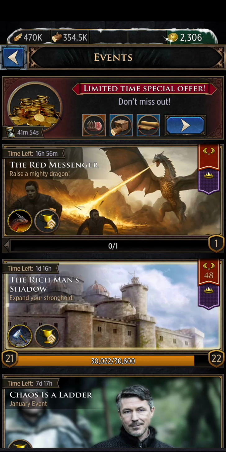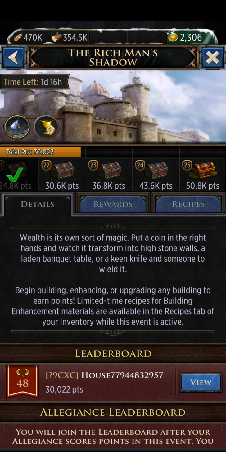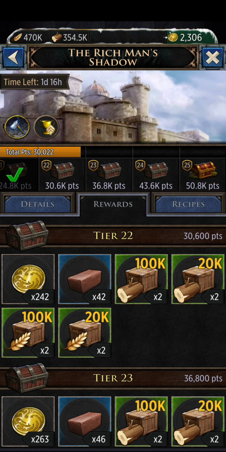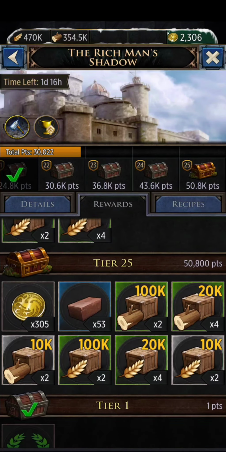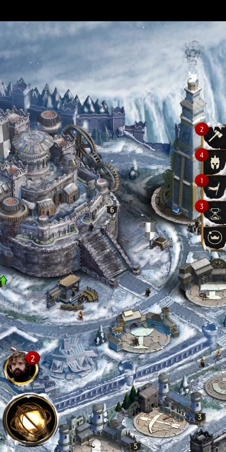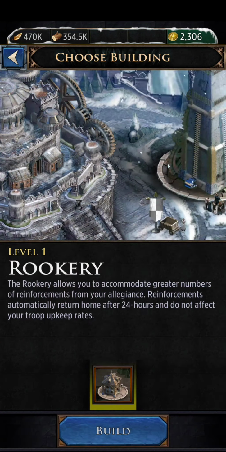It's not completed yet. As you can see, we can still go up to a 25 on this build event to max out the rewards. And you'll see that pretty much every time we go up another tier, we're going to get more gold. And we'll spend all this gold for our targeted resource when we're done. Now that we're at 6, the rookery